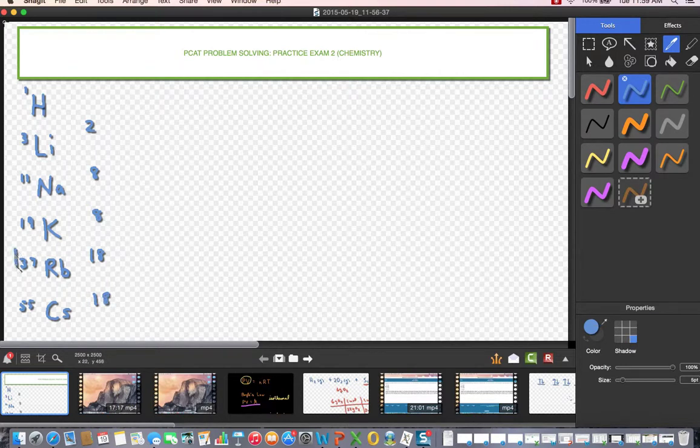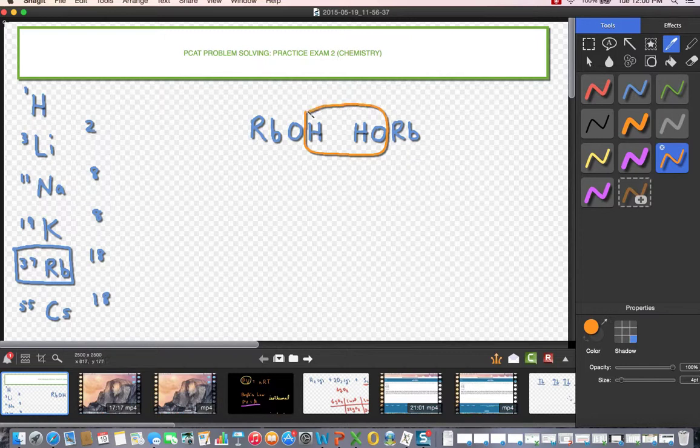So rubidium is an alkali metal, and the formula of its hydroxide is simply RbOH. When I make an anhydride, I have to remove the elements of water. So I need 2 of these molecules, and they're really not molecules, they're ionic. So 2 of these formula units, and I'm simply going to remove the elements of water. So I'm going to lasso H2O. And what remains is RbO,